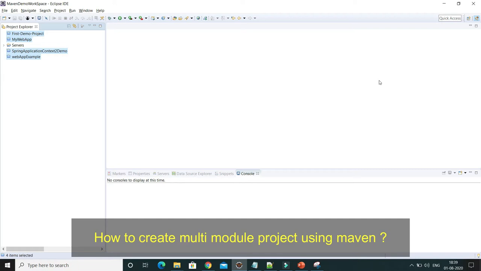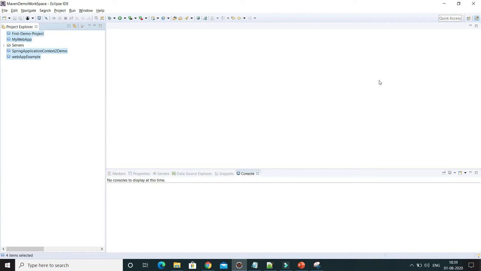That means you can create a parent project, and within the parent project you can have several child projects. Let's think about any big application. There you have a web-based app component, with all the JSPs, CSS, HTML, JavaScript, and controller classes, which are nothing but Java classes, right? Second, you have a different service layer, where you can have all kinds of business logic. And you can have a DAO layer or data layer, right?